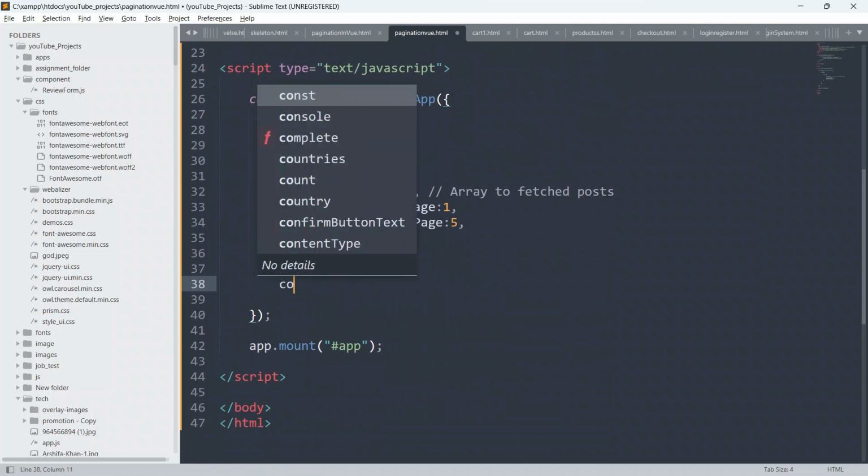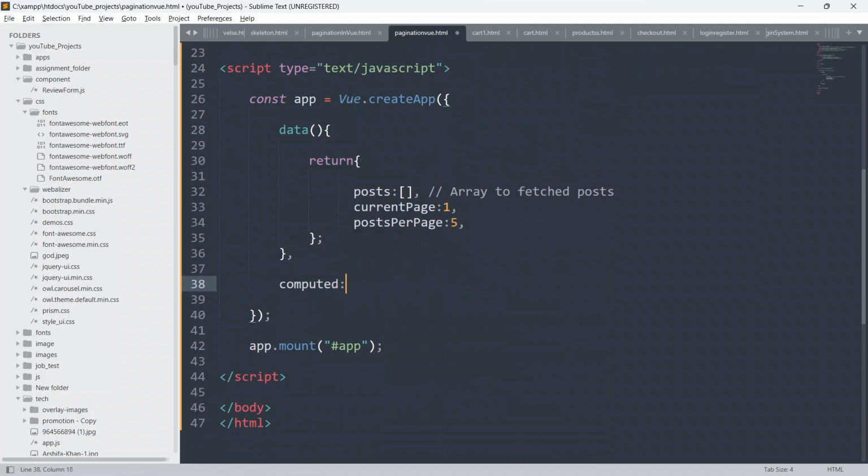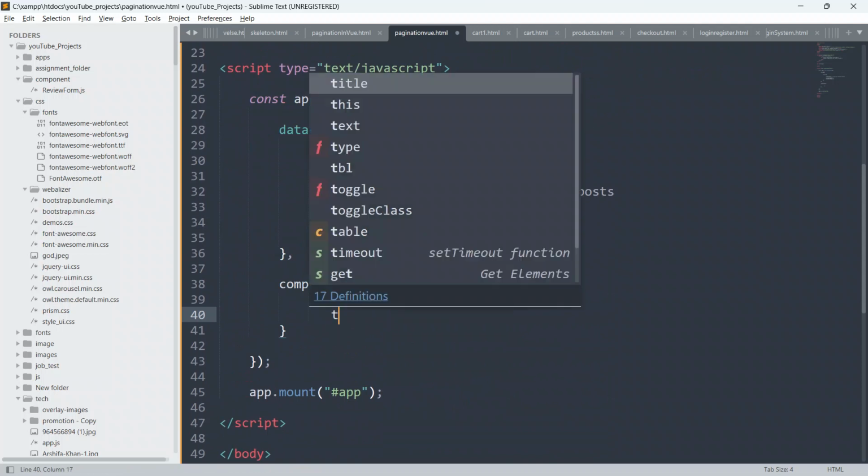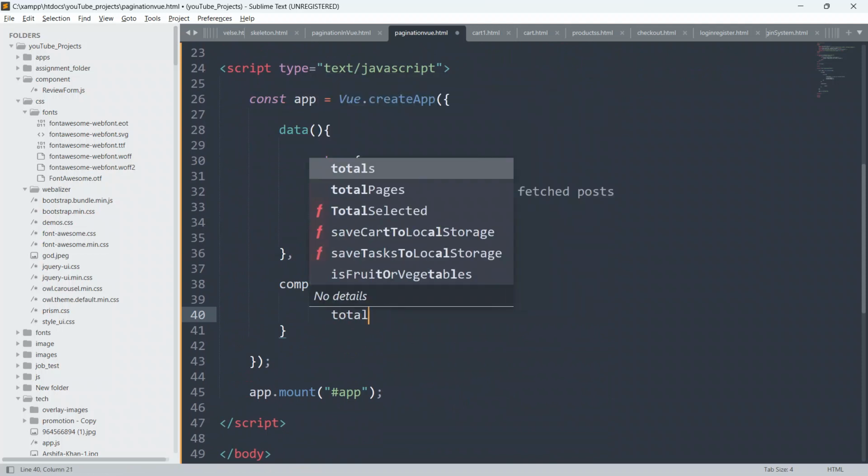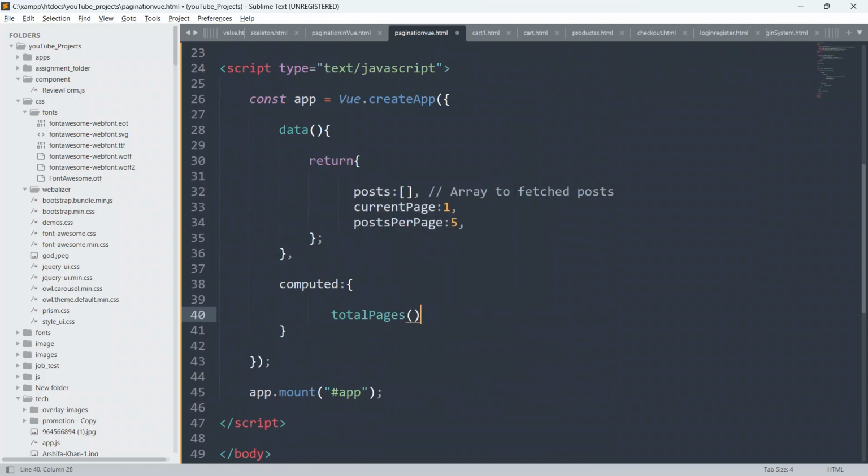So I'll say computed, put colon and open and closing curly braces. And here first we have to create the total page function. So I'll say total pages, put parenthesis and open and closing curly braces.